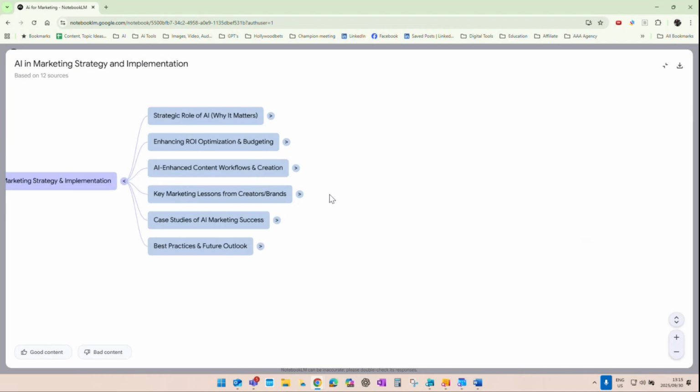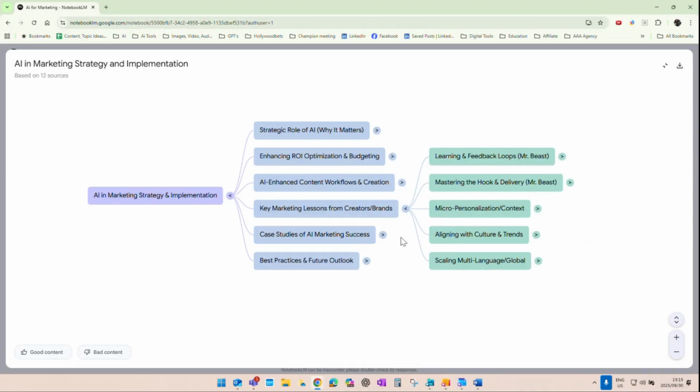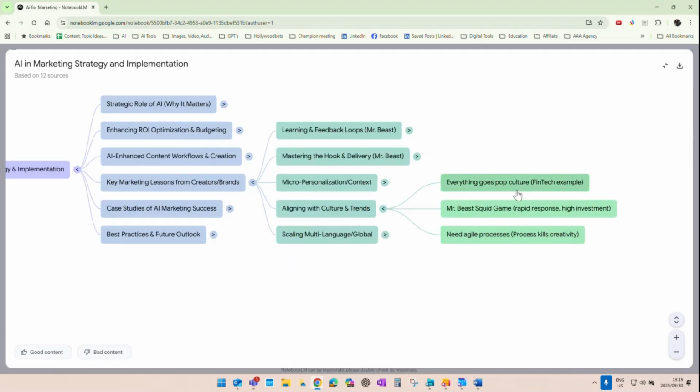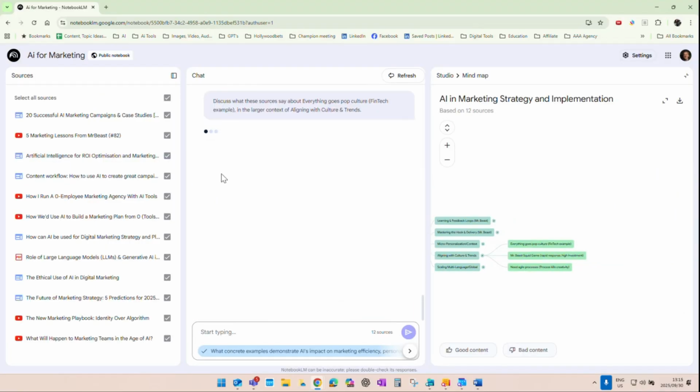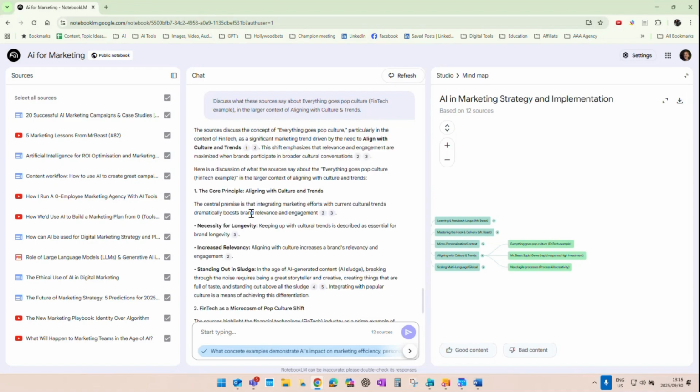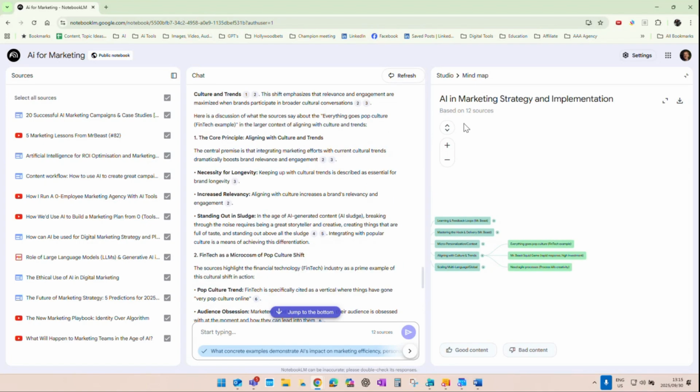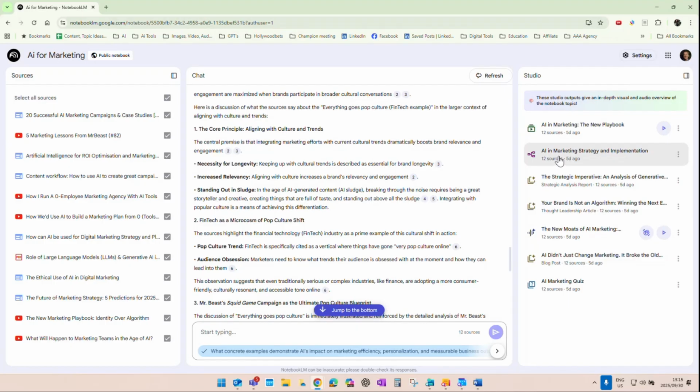You click on the mind map, and now you can see that across all of those sources, it makes sense of it for you, and it summarizes it into these main topics. So if you want to learn more about a particular topic, you just expand it like that, and then see which of these you want to dive a little bit deeper into, like aligning processes. And then maybe pop culture is what you want to hear about. You click on that, and it's going to write everything about pop culture for you in this report. So a great way to analyze and go through data is through the mind map. And then,